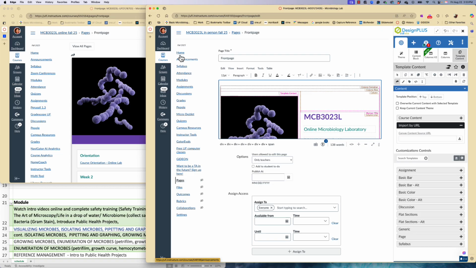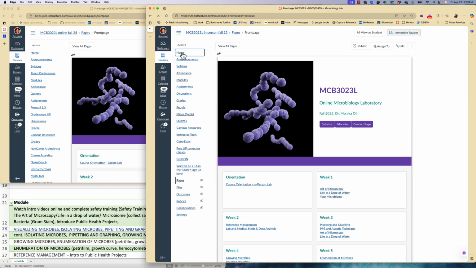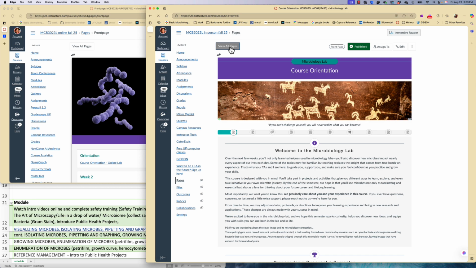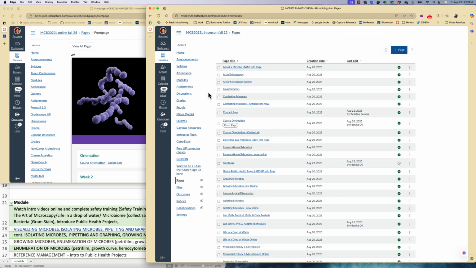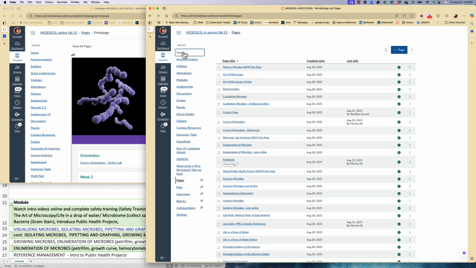So one last step is now you need to go to your home page. So we have the page, but it's still not the home page, right? Let's make sure we save this. Always save. So our home page is still the old one because we haven't told it what the new home page is. So again, we now go to pages again, view all pages, and then we just made our front page, this one here. We need to publish it, and we also need to say, click on the 3 buttons, that this is now our new front page. Okay, and when we do this, and then now we go home,